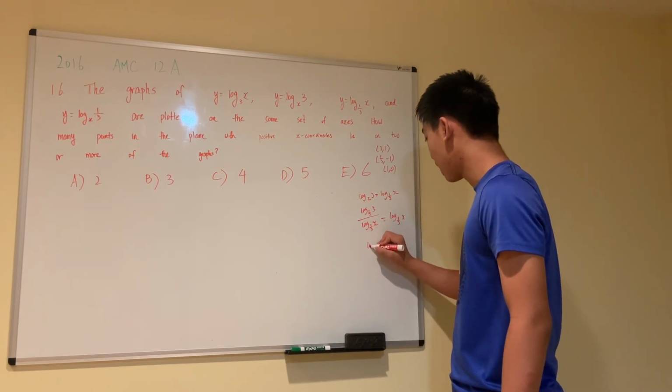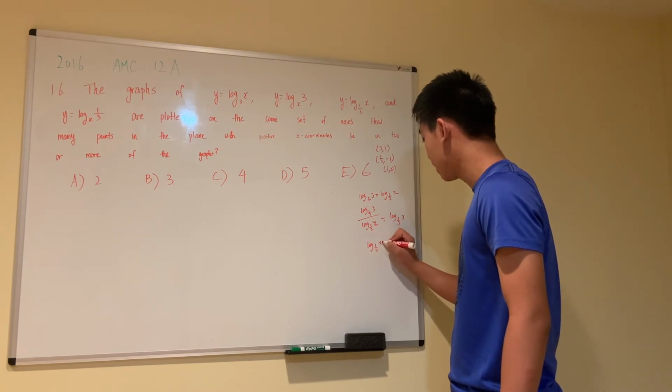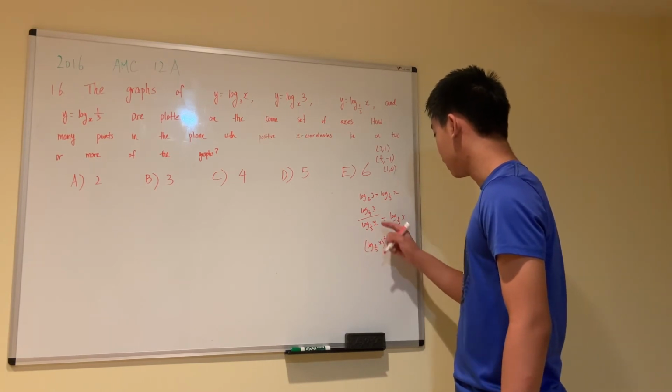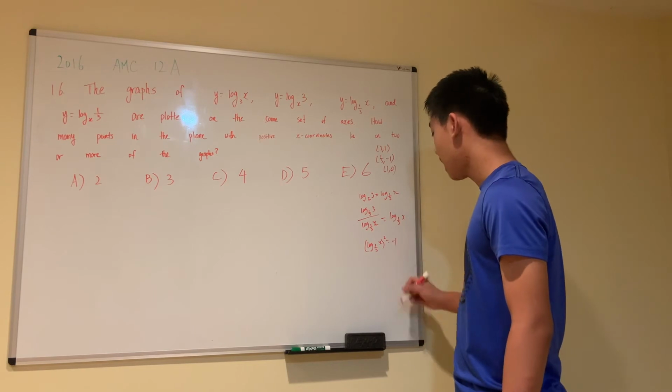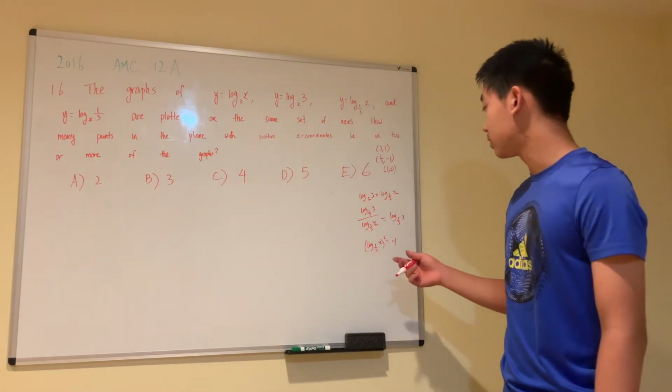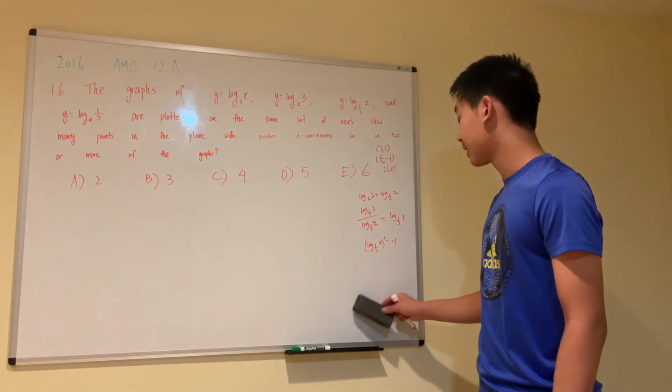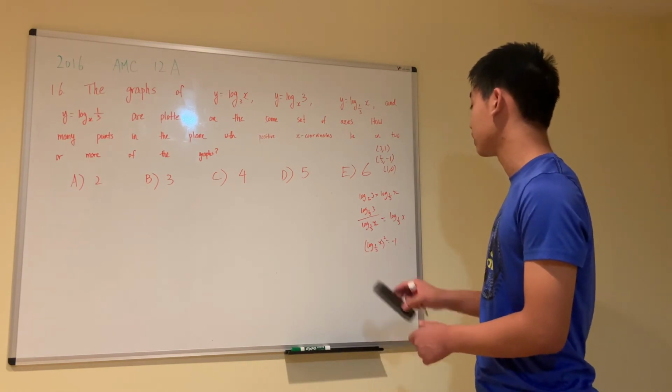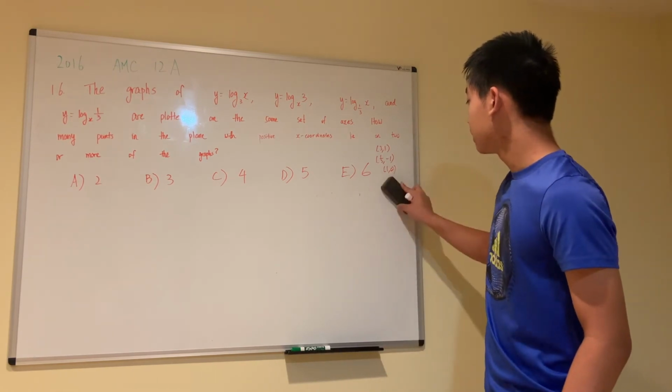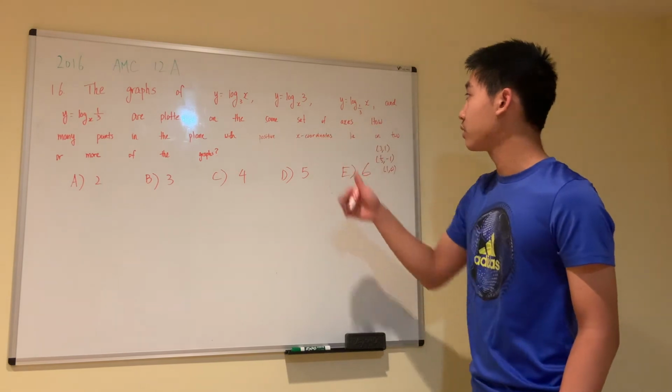So if we have log base 1/3 of x squared, it's going to be equal to negative 1. And again, this is going to produce an imaginary number or a complex number, and we're not going to find any real solutions here. So next we're going to take the third equation and the fourth equation,